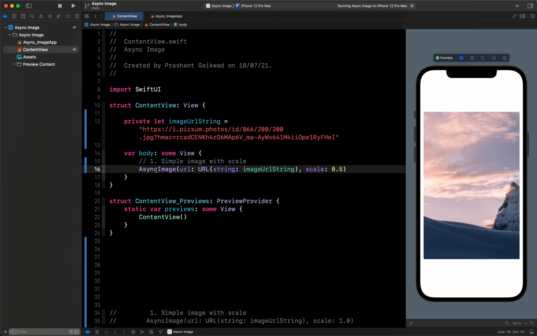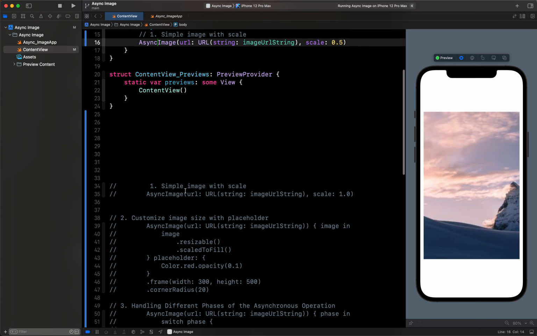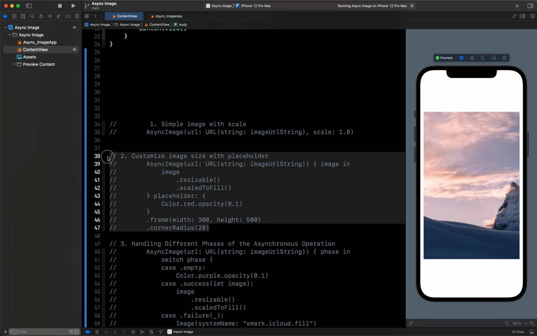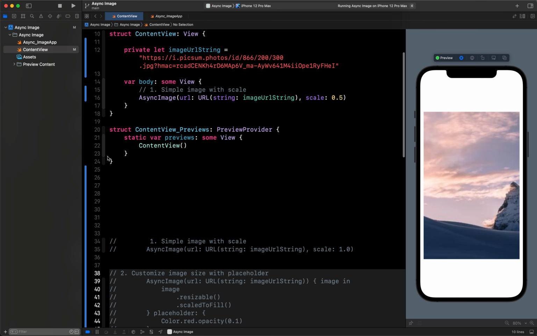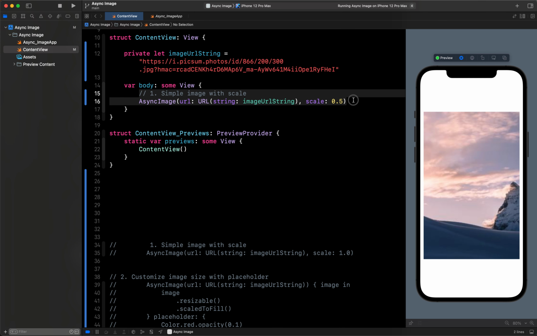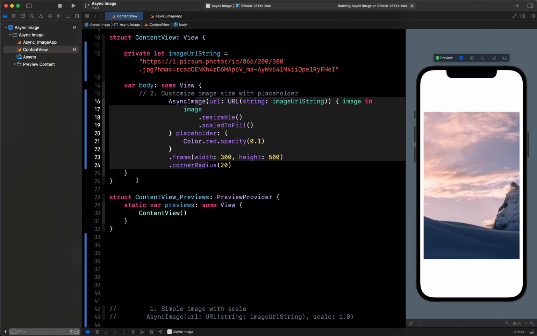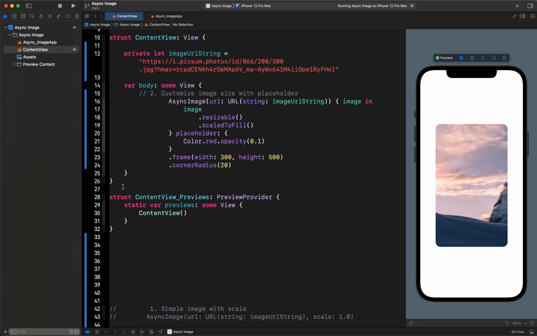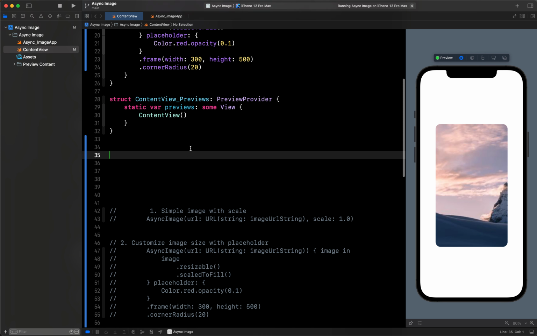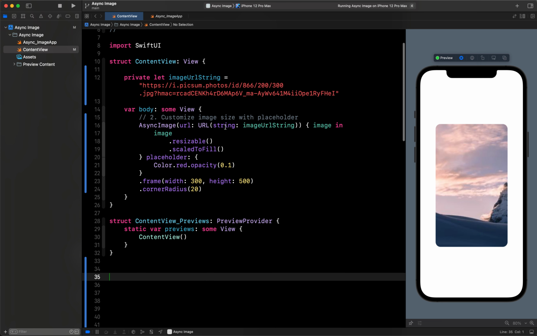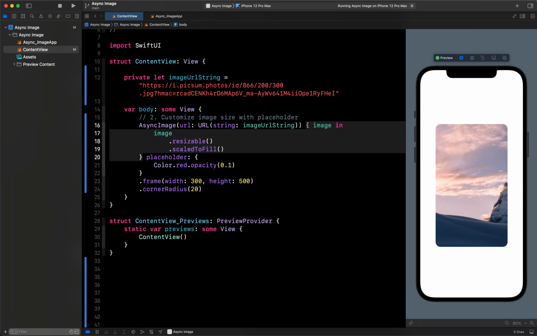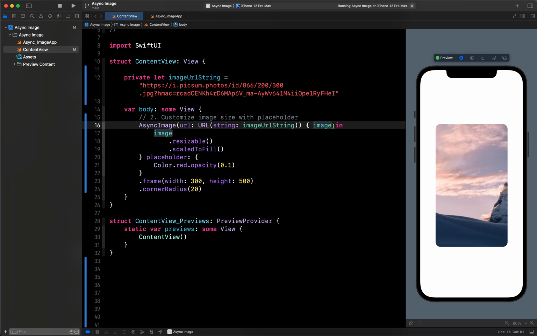So this is the one part. Let's see the second part, where I want to customize the placeholder and other things. Let's paste it here and uncomment this part. Here we have downloaded the image the same way, passing the URL string, and then I have used this completion handler, which gives me the image in return, and I can now perform operations on that image.